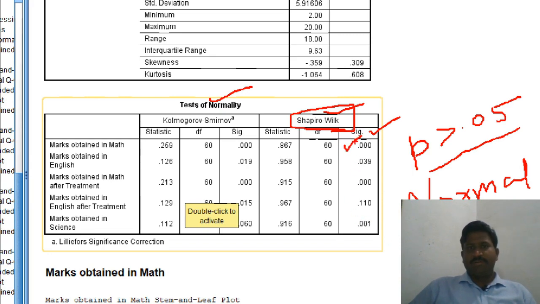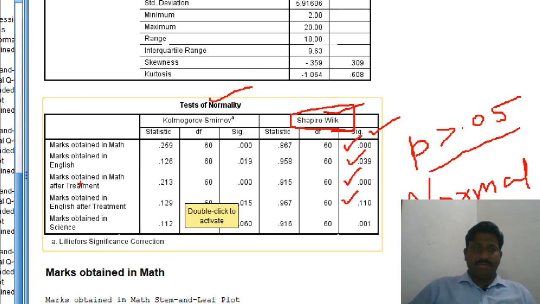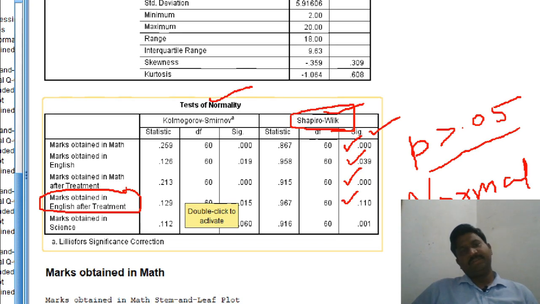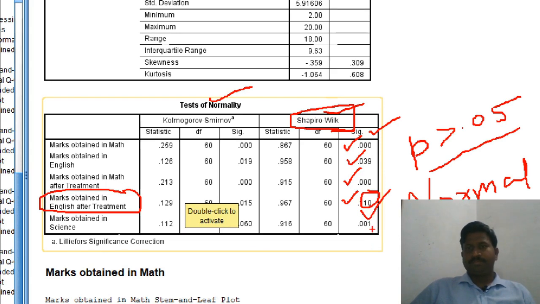So see, this is less than 0.05, not normal; less than 0.05, not normal; less than 0.05, not normal; greater than 0.05, this is normal. And we have seen this by mean, median, mode or P-P plots. This is normally distributed. Okay. And again, this is less than 0.05, so this is not normal. So in this way, we can test the normality of the score, and we should test the normality of the score before going on to higher-order statistics.